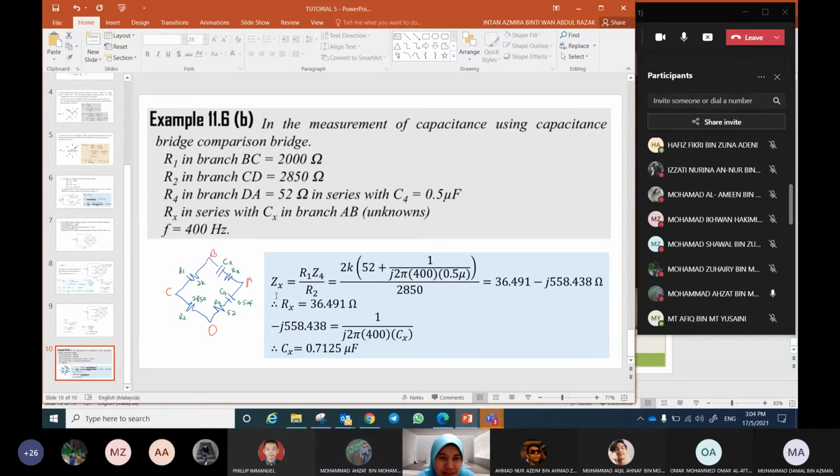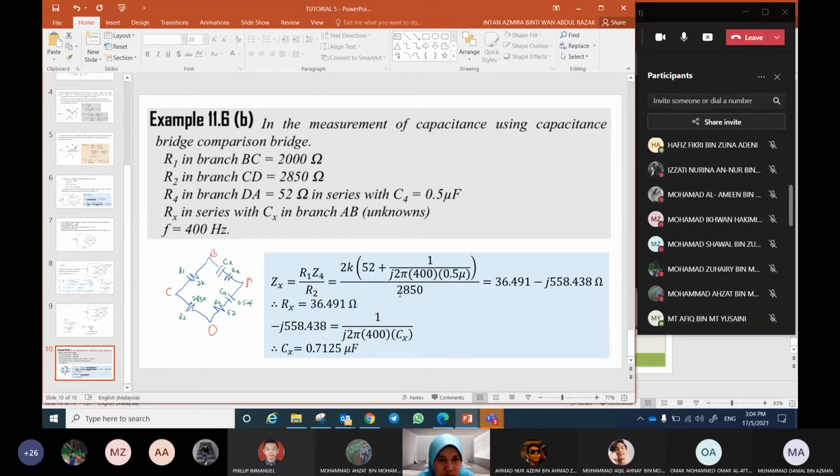So, okay, we write the balance equation. Zx is equal to Z1 Z4 over Z2. Or you can write it like this: R1 Z4 over R2, because Z1 is equal to R1 only and Z2 is equal to R2 only. Then we substitute Z1 is 2k, Z4 is this, and Z2 is equal to R2,